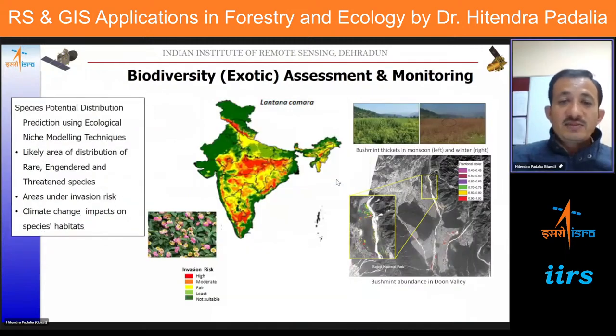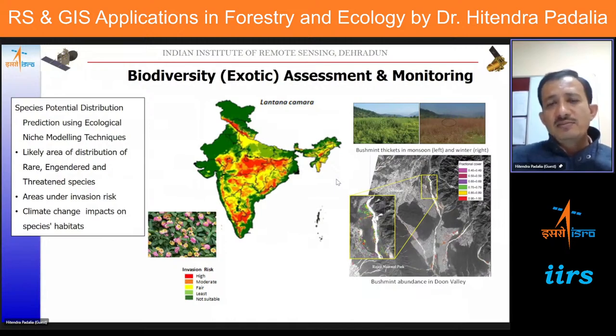Another aspect of managing biodiversity is that, apart from the native species in India, because of increasing globalization we now have a lot of exotic species here, and many of them have very invasive characters and are spreading in different parts of the country. Today, with the help of certain ecological niche modeling tools, researchers are trying to predict the areas suitable or likely to be invaded by invasive species. There are a lot of studies available today, and a lot of published literature from India is available on different species.